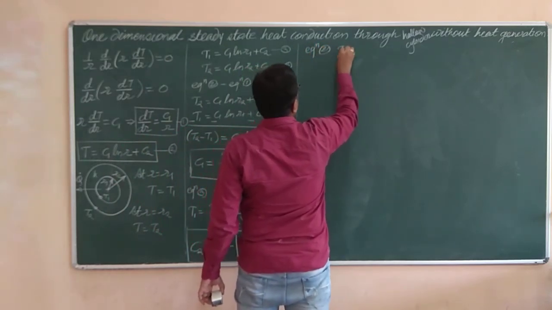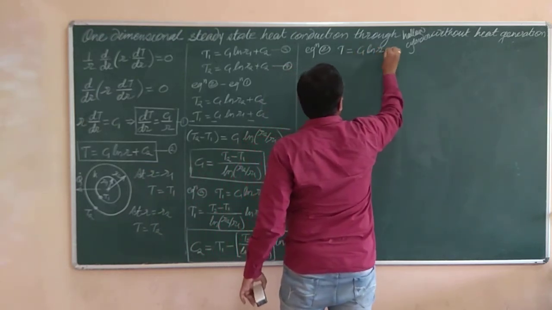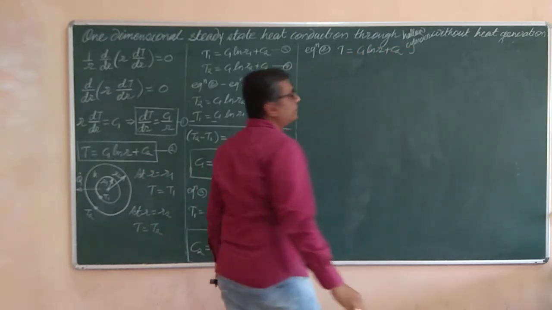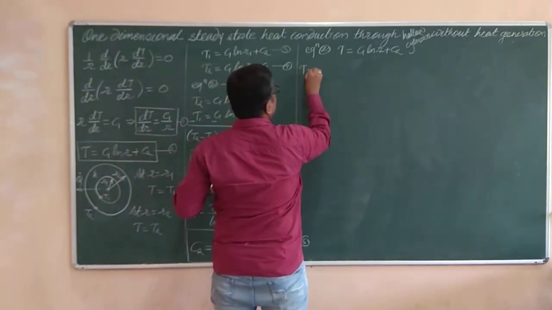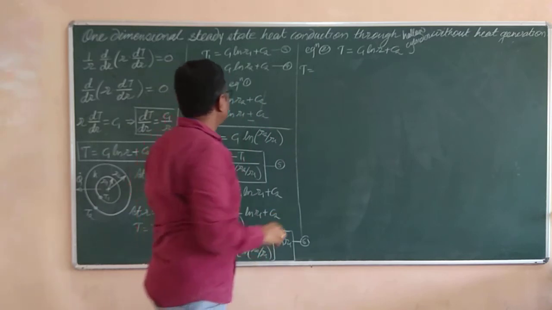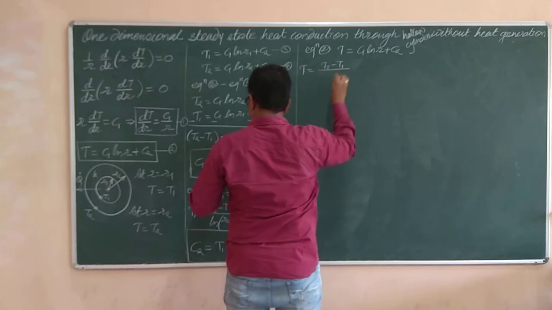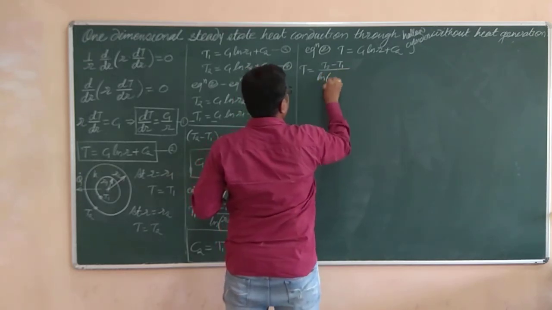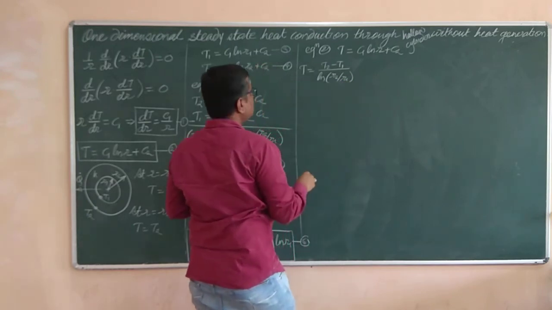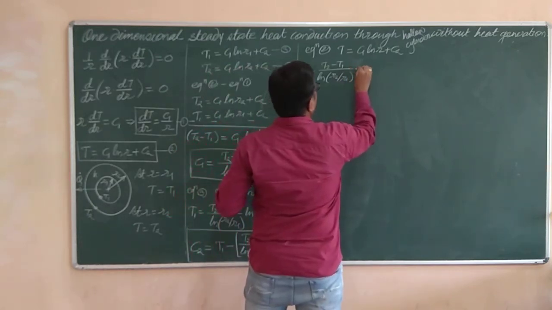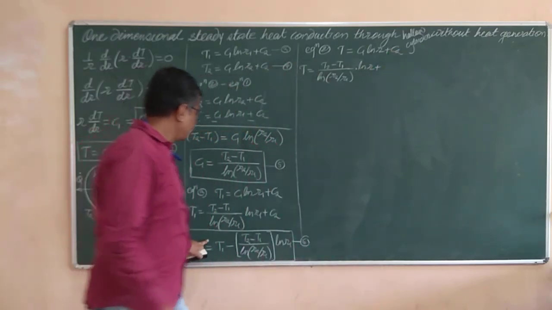Equation number 2 is T equals C1 natural log of R plus C2. So take down the value of C1 over there. So temperature T equals, what is C1? T2 minus T1 divided by the natural log of R2 by R1. This is C1 into the natural log of R plus, what is C2? C2 is over here. It is T1